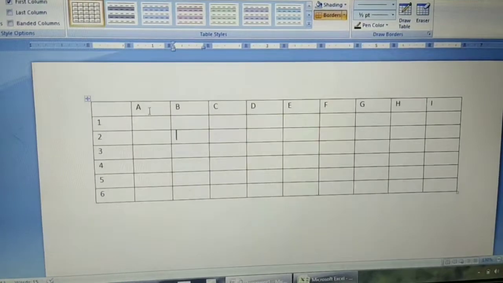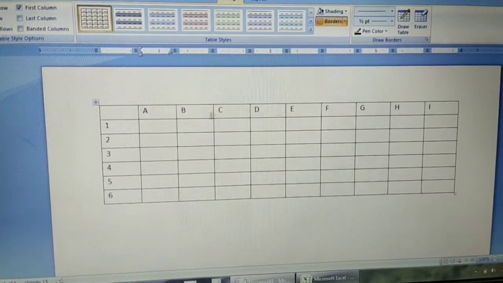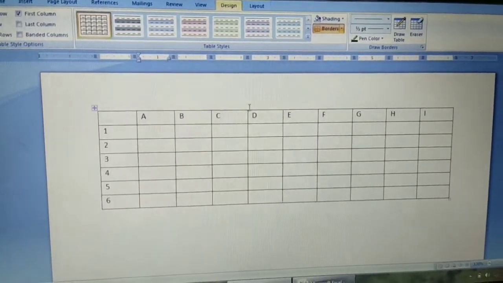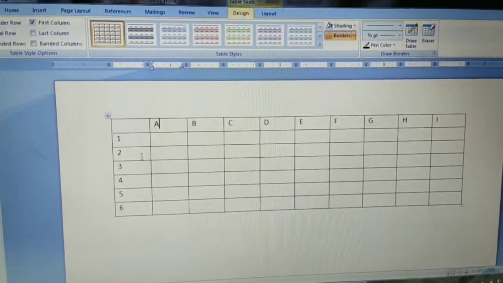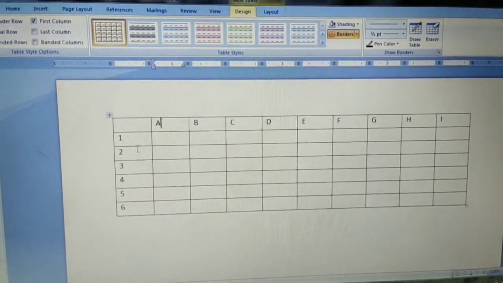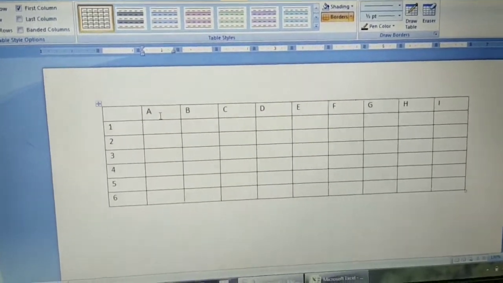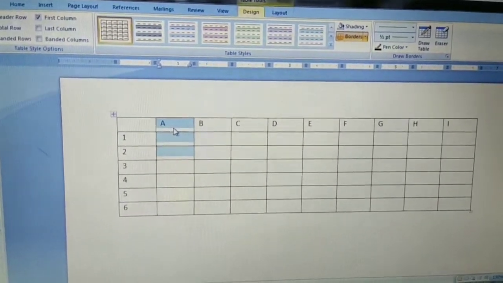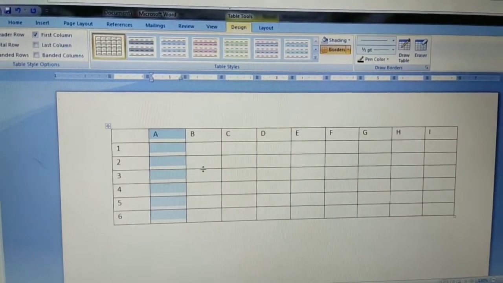Now you can see here A, B, C, D. This way I have written A, B, C, D, and on the left hand side I have typed 1, 2, 3, 4, 5, 6. Now this is what we call a column: A column, B column, C column.